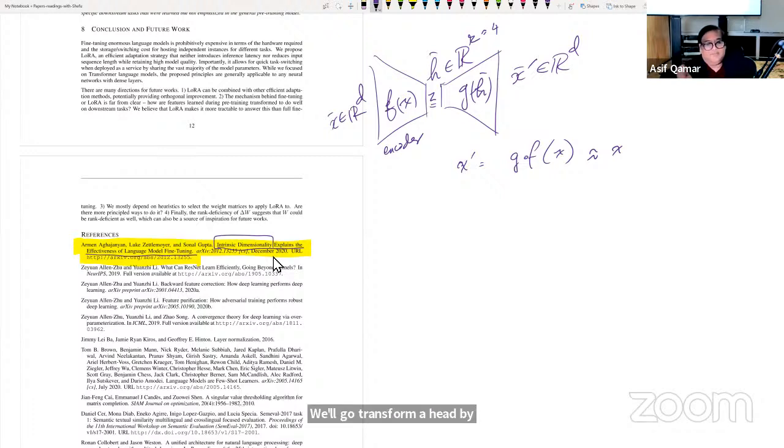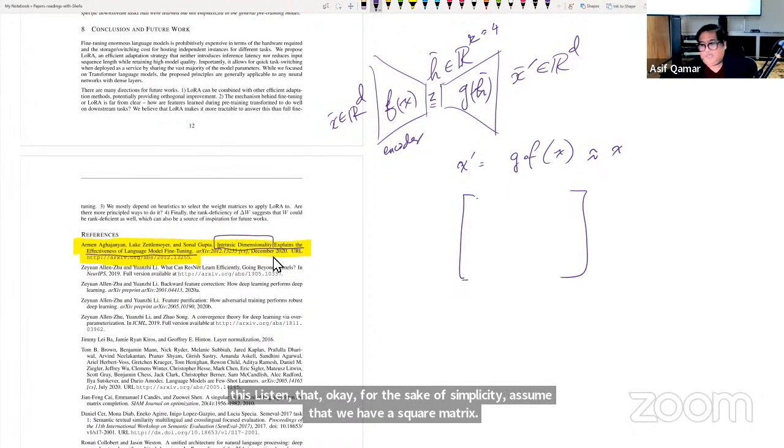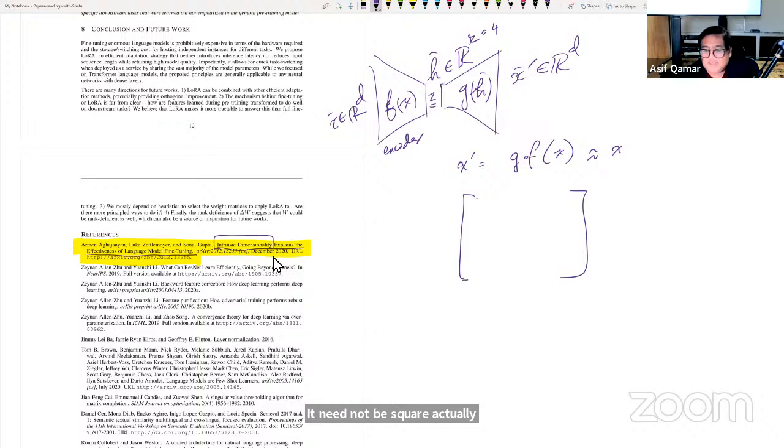So let me put that caveat as an important thing. But generally, if we believe that when data goes in, it is transformed by a matrix, let's say that we do this. For the sake of simplicity, assume that we have a square matrix. It need not be square, actually, and this paper doesn't make it a square. Let's say that you have a D cross D matrix of weights